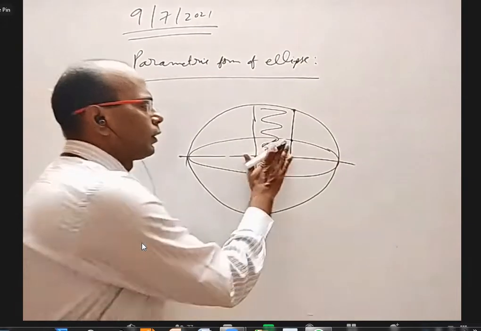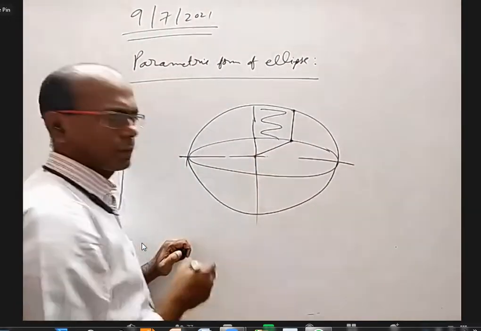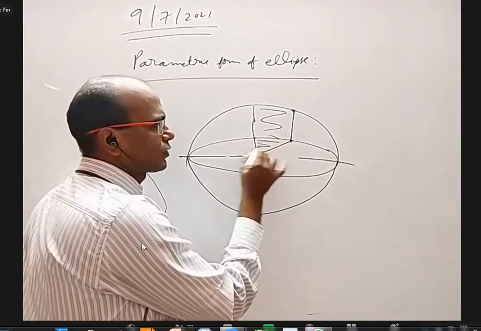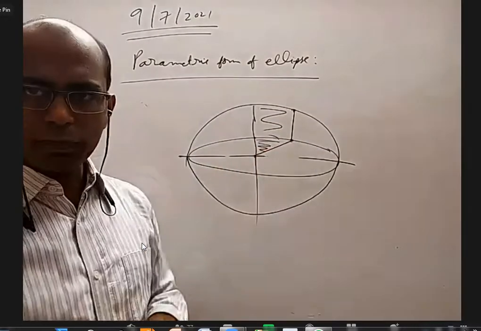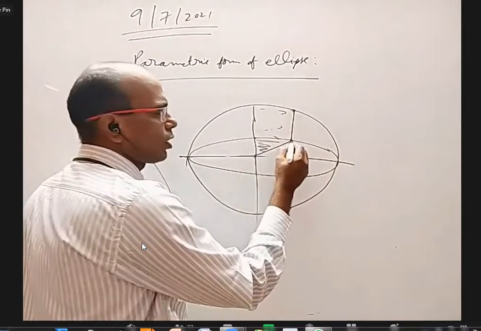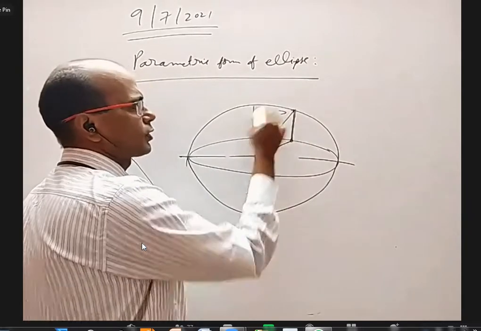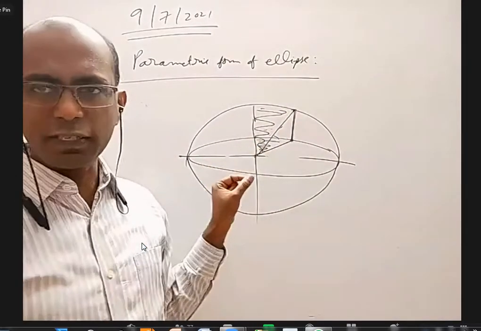Not just that, let us say I take this point and join like this. I want to find the area of this sector of an ellipse, not a sector of a circle. Area of the sector of an ellipse. Again, by integration it can be found, or you take the corresponding point and join to here and find this area. Area of a sector of a circle is very easy, right?